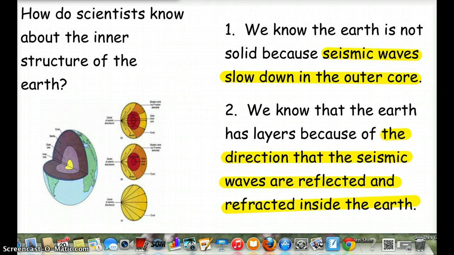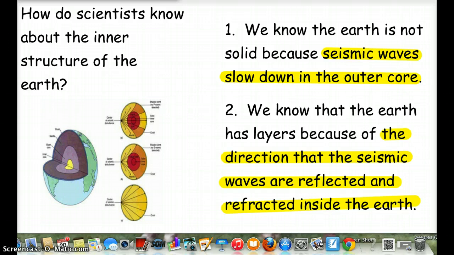I want to first remind you of our content standards, and that those are that we need to understand how scientists know about the interior structure of the Earth, and that the Earth has layers and what those layers are. We've already done the notes where we've talked about the main layers of the Earth, the crust, mantle, inner and outer core. So what I really want to talk about today is how do we know about the inner structure of the Earth? And as you can see, there are two main reasons,